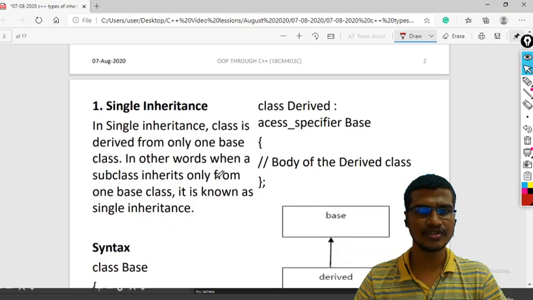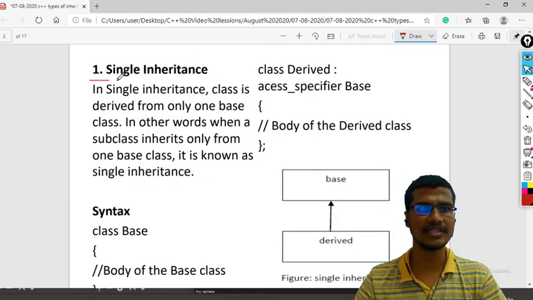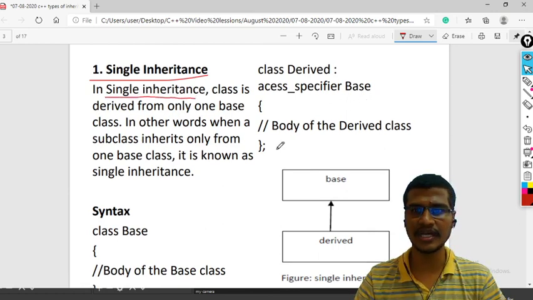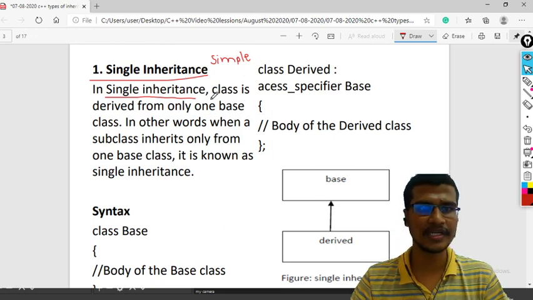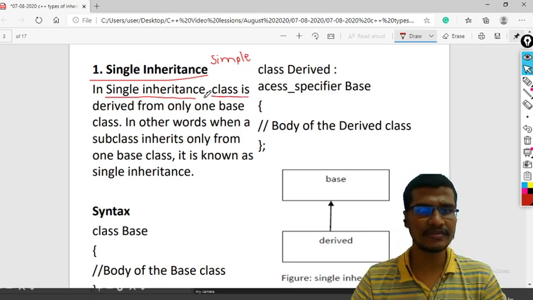So first we will go to the first type of inheritance, that is single inheritance. Single inheritance is also called simple inheritance. In single inheritance, a class is derived from only one base class.